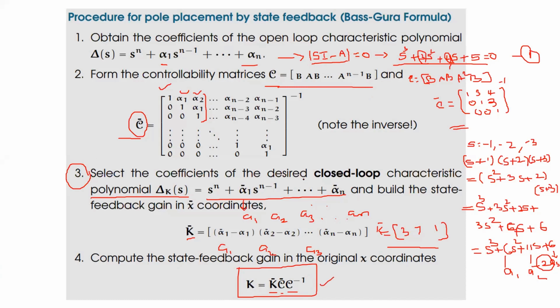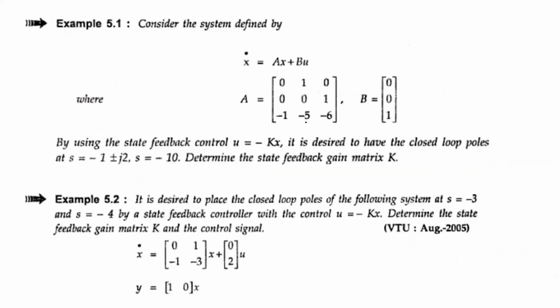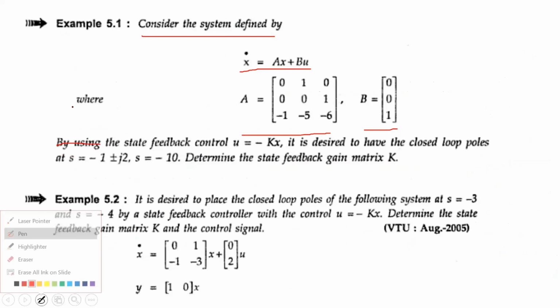So I can show one problem, then you can understand. Before going to take the second one, look at this one. Consider the system defined by x dot is equal to Ax plus Bu. The matrix A is given, the matrix B is given. Because to design any state feedback controller, there is no need of matrix C. We have to check only controllability. Therefore, A and B matrices are enough. Using the state feedback control,